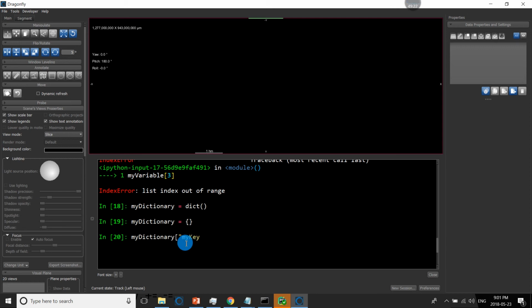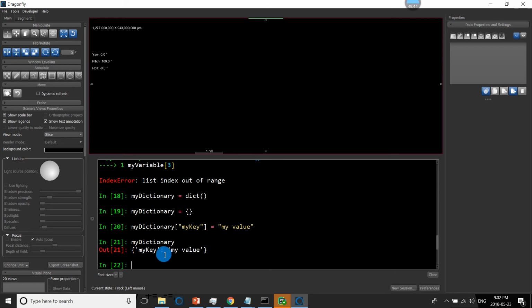The short way is to just use the curly brackets. So I'll leave it like this. These two are equivalent, and most of the time you will see this one instead.